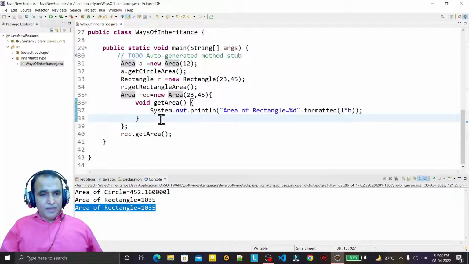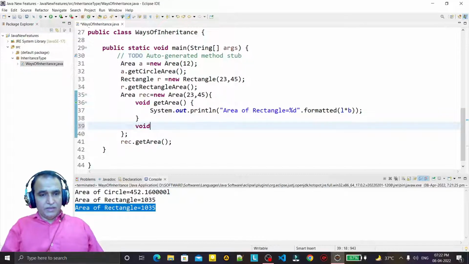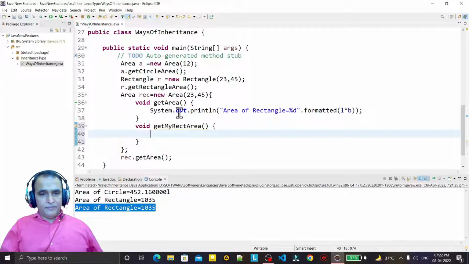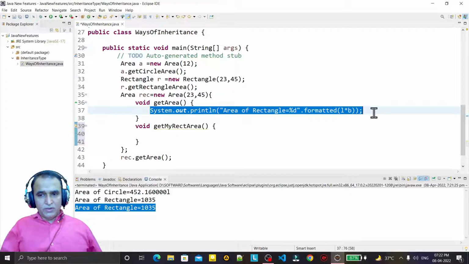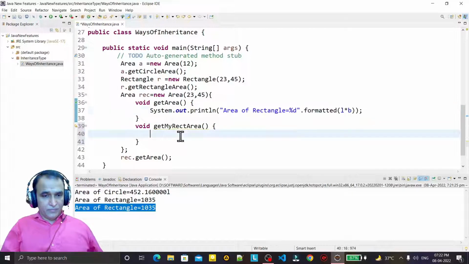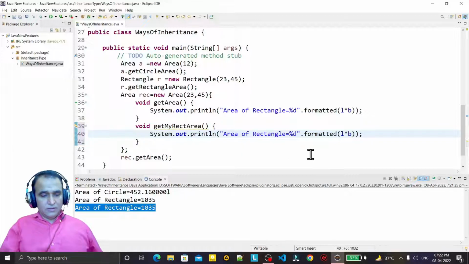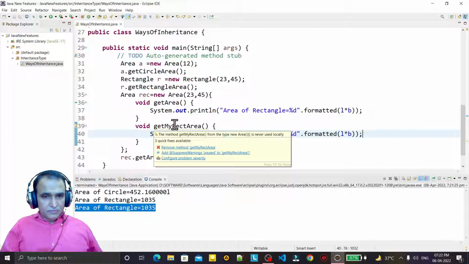Remember that if I create here one more method, like I say get my rect area, like this, and I try to execute this, save it, and you see that one problem is coming.